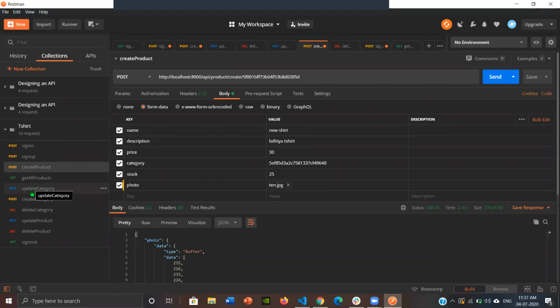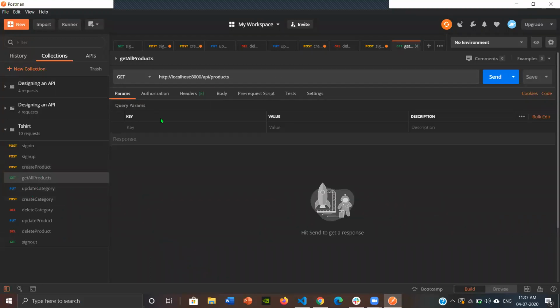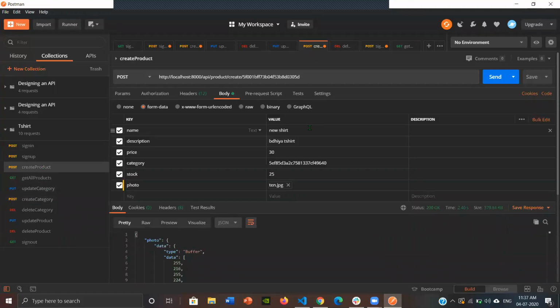After that, let's continue to get all products, so we can access the products. Let me create one more product with the same user but different values.